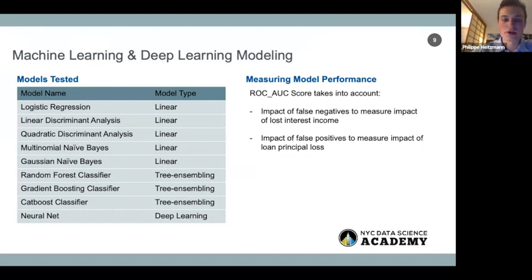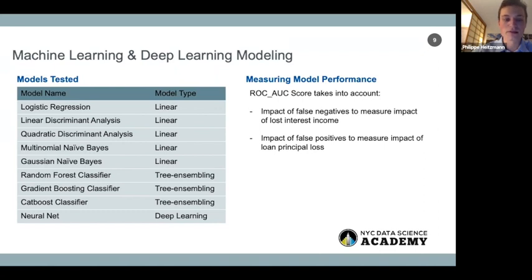This might be suitable for certain types of problems where those linear relationships already exist. In other types of problems where usually you'll be dealing with large amounts of features, for example, in this case where we have 151 features, you want to be able to have a little more agile models that can model out those nonlinear relationships. And this is where tree ensembling methods like random forest classifiers or gradient boosting classifiers come in handy and allow you to create models that are a little more flexible in understanding some of the nonlinear relationships in the data. And then finally, I also wanted to test out some of the deep learning techniques that we learned about in the bootcamp.